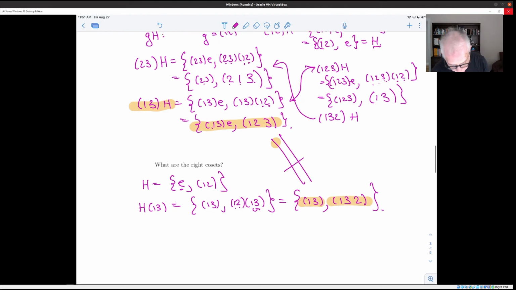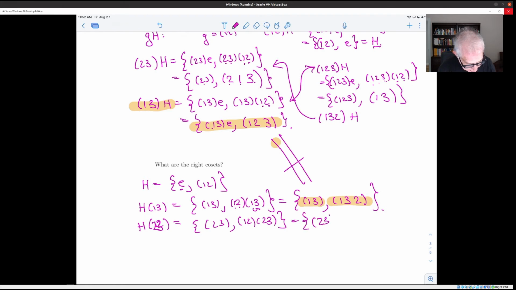And if you do H times, sorry, H times (2 3), that's the other transposition that we haven't accounted for, then you get (2 3), and you get (1 2)(2 3), and you find that that's, 2 goes to 3, 3 goes to 2 goes to 1, and so on. So you'll notice that here, (2 3) was paired with (1 3 2), but in the left coset, (2 3) is paired with (1 2 3). So the left and right cosets are different, but again, in each case, you have 3